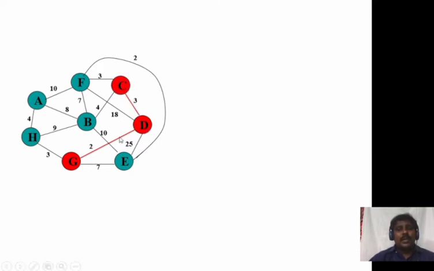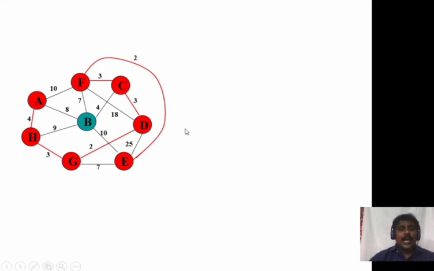So next I have seen, whether from G or from D, what is the least weight? From D, I have taken a least weight of 3. So I have taken from D to C, 3, or else I can take G to H also. It is also having 3. So in the next step I can take G to H. Why? Because it is having the least weight. Or from C to F, it is having a least weight of 3, so I have considered from C. Next, if I want, I can consider G to H. Next, I have seen that the next value is G to E. Next, G to H, least weight. Starting from least weights, I have taken.